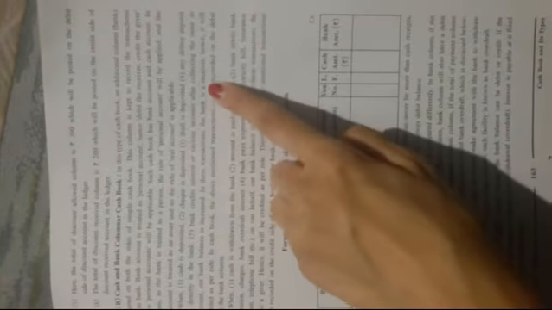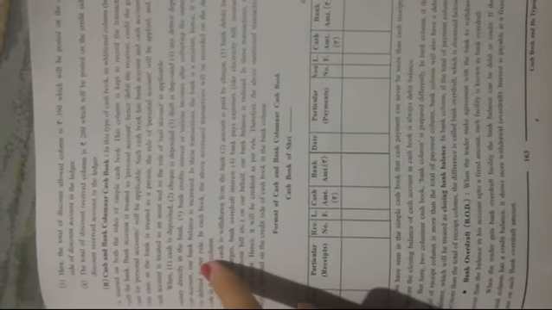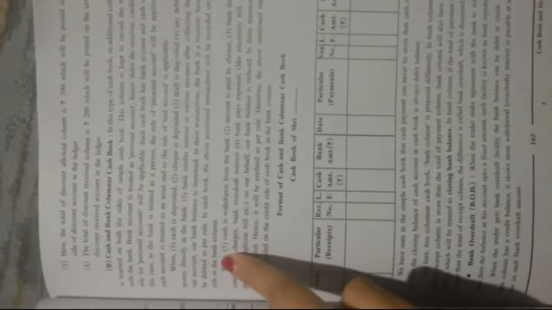So in these transactions, the bank is the receiver. The examples that we saw there: first was cash deposited, then check deposited. In these transactions, the bank is the receiver because bank balance is increasing. So the bank is the receiver, hence it will be debited as per the rule of personal account. So in the cash book, the above mentioned transactions will be recorded on the debit side in the bank column.